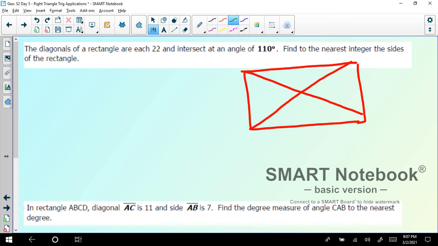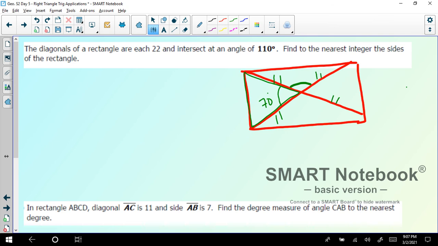We have a rectangle, and we know the diagonals intersect at 110. This should be your 110 and the other angle is 70 because the sum of angles is 180, so this angle is 70 degrees, right? The diagonals intersect each other and they bisect. That's the property of diagonals of a rectangle. So this should be 11 units and this is also 11 units. And if it is 11 units, it's an isosceles triangle. The one in green becomes the isosceles triangle. All these are 11 units.